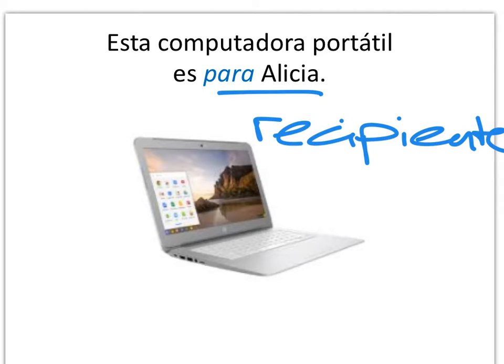So a recipient of something, like estos exámenes son para mis estudiantes. It doesn't even have to be a gift. It can be something like los exámenes, okay? Whenever you're receiving something, whoever it's for. So at the end of the semester, on all your Christmas gifts for me, or your gifts that you're giving me to say thanks for being such a good teacher, you're going to write para profesora. That's how you give a gift in Spanish. That's how you write your little card. You obviously aren't going to give me a gift, but I just want to illustrate the use of para.